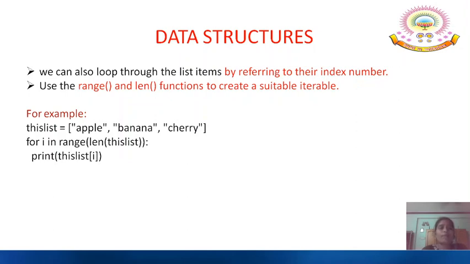this list only we have taken, but here we are taking an index variable i, and we are taking the range function and also the length function. What the length function is doing is calculating the length of the list. So list length is 3. So we are going to store the 0th element, which is apple, and then the second time we are taking the first element banana, the third time cherry.